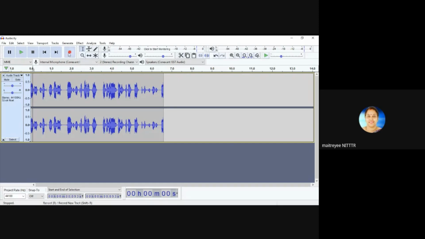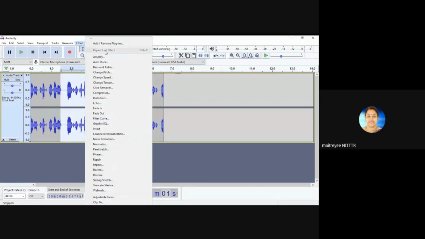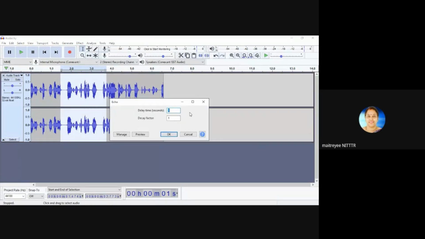Similarly, there is an effect option. You just click on it, go to effect, and you can see so many effects are there. Echo, then fade in. For example, I'll select echo and set the delay time.